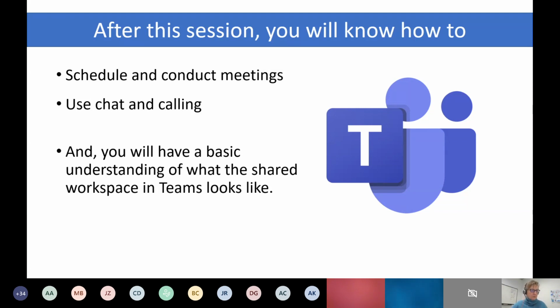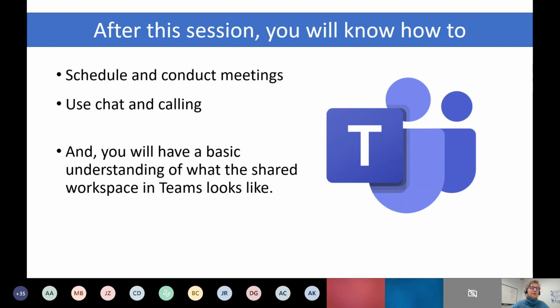You should be able to do everything I demonstrate today if Teams is functioning properly on your workstation, with the caveat that different organizations have different settings, so you'll have to be aware of that.